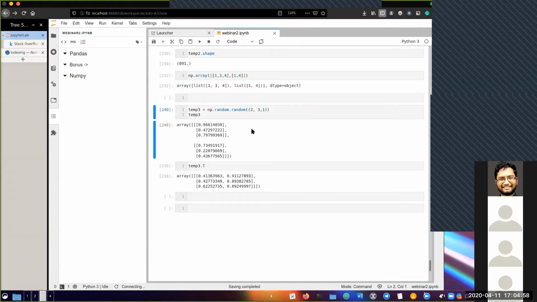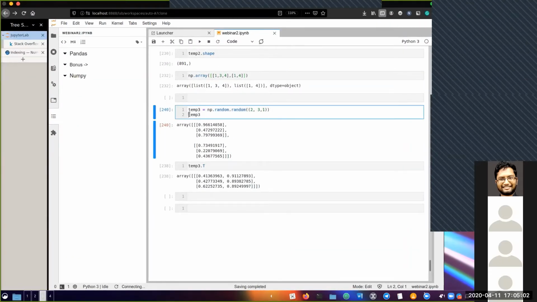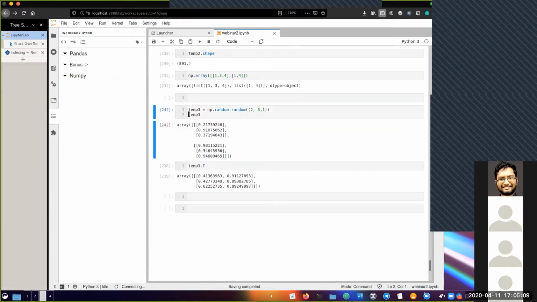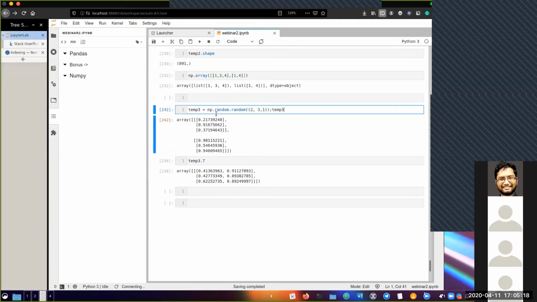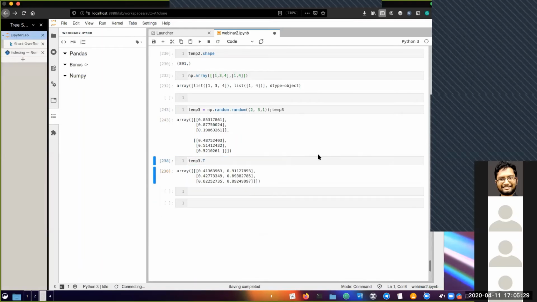You don't need to do the semicolon thing. You can just put it in a new line. Since I'm using Jupyter Notebook, I don't need to write a print statement after everything. Jupyter Notebook has a nice property of printing out whatever you have written at the last of every cell. I'm using a semicolon because it looks nice, and I'm used to having things on one line. It's not really imperative. You can, if you want, just print it somewhere else. So, yeah, I hope that answers the question.